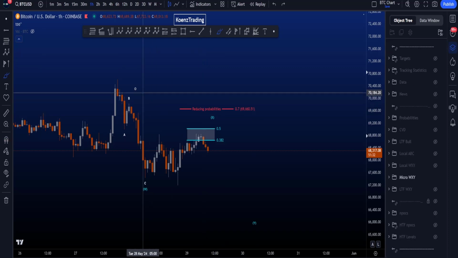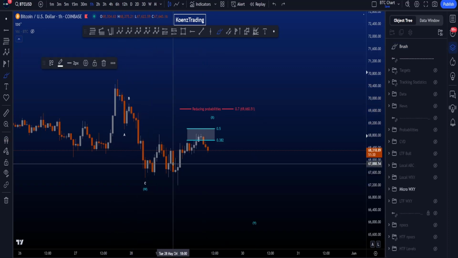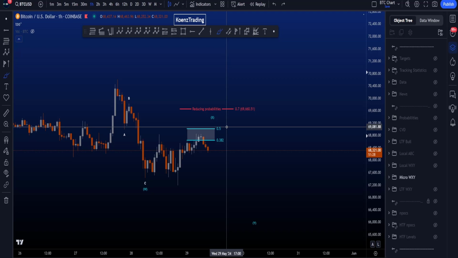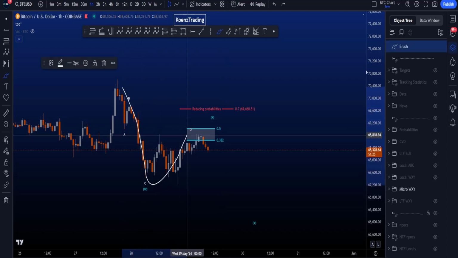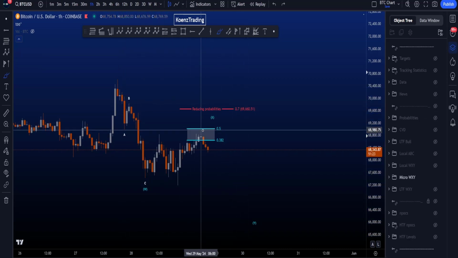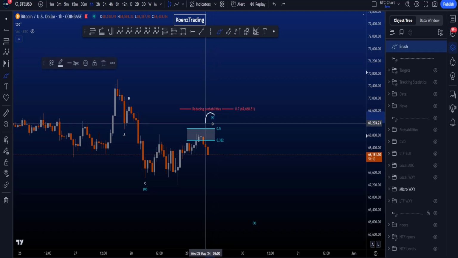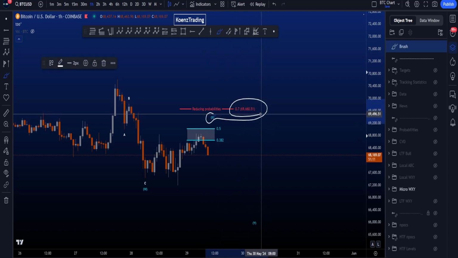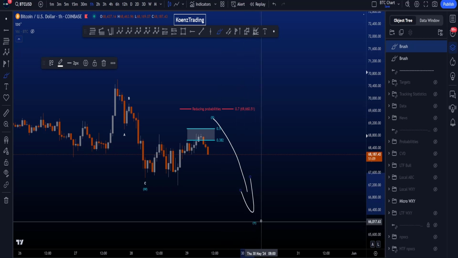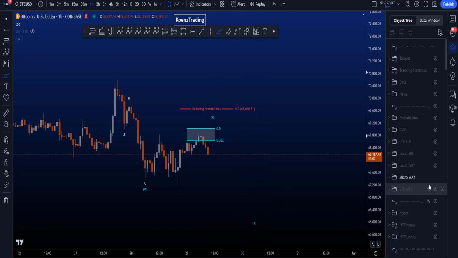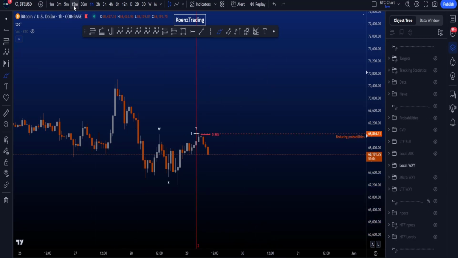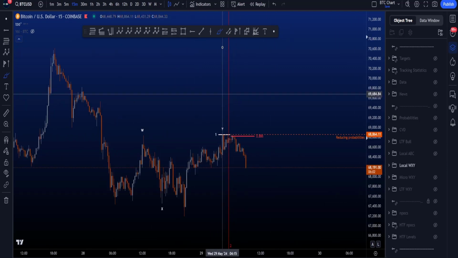Once it hits the 0.7, taken from the start to the end of W, that is when it significantly reduces the probabilities for a double zigzag to the downside. So preferably in this scenario, wave X is not touching 69.6k and moves towards the downside into wave Y before that happens. On the lower time frame, to finish wave X at the current high that we have over here,